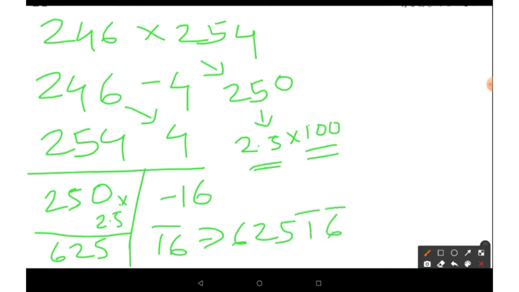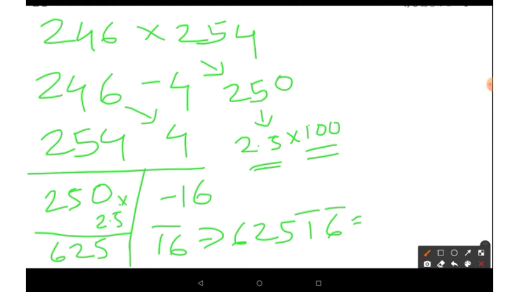Now you have to remove this bar. How to remove the bar? In the previous video we have discussed that rule. That is why I am asking the viewers who have not watched the previous video to just watch the previous video before you watch this video. So, how to remove the bar?